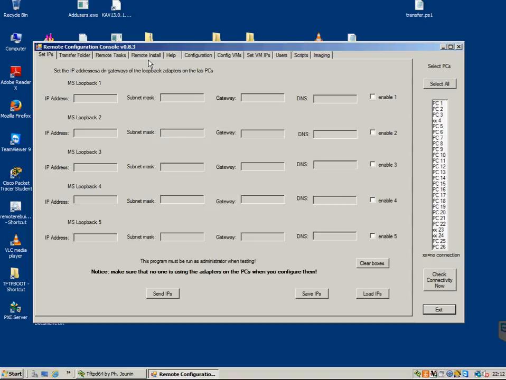Okay, I'm going to demonstrate the usage of the remote configuration console. So this is a remote configuration console. Now this is used to remote control a number of the functions on the laboratory PCs in the computer networking